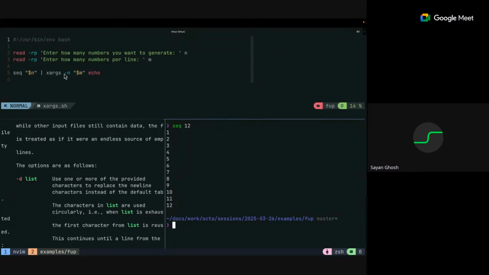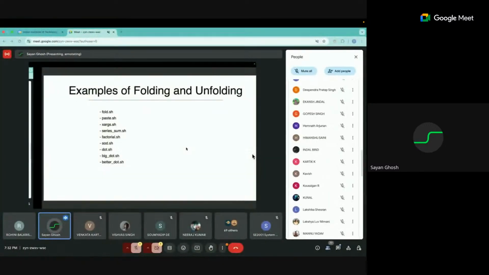One way is we can just use the xargs. So if you know, xargs is basically used for taking in lines from the standard input and building a command line for any command. So if I just do xargs and then echo,